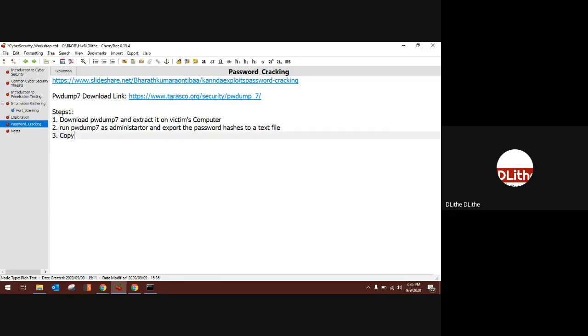Third, copy the hash file to the attacker. Then run the hash file through John. John is basically a tool to get the passwords.